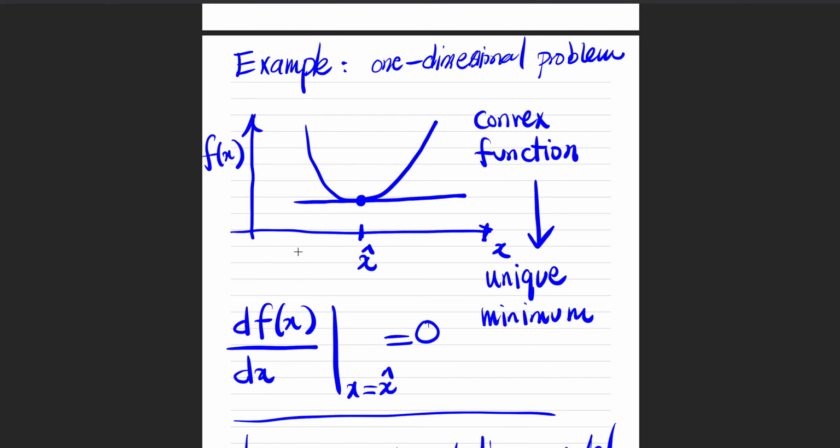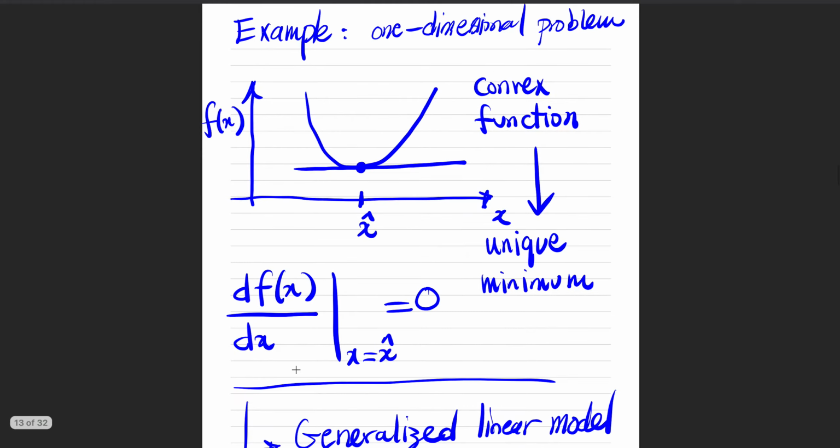So the way we find these minimums is that we set this to 0, we find an equation, and then we solve it. Okay, that's why overdetermined and underdetermined equations that we talked about in the previous lectures are important. Sometimes this equation has many solutions, infinitely many solutions. Sometimes it has only one solution. Sometimes it doesn't have any solution. Okay, but in general,